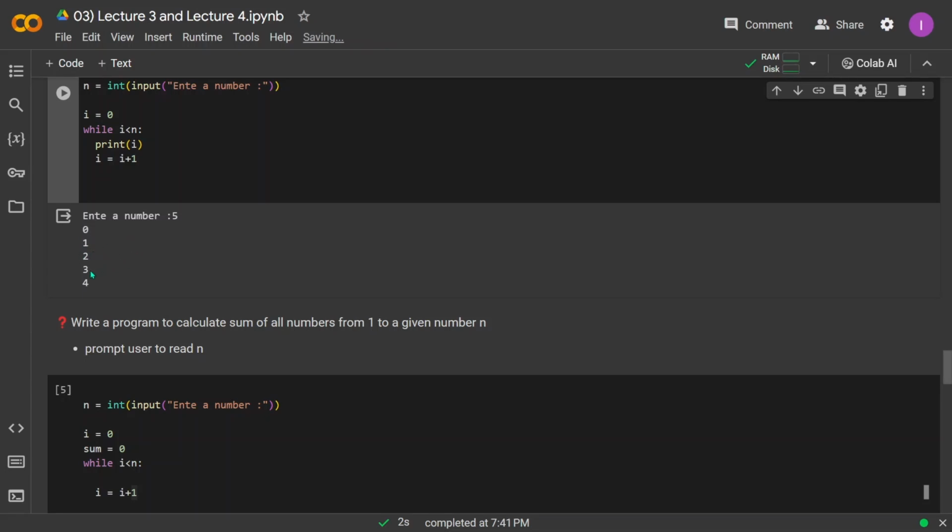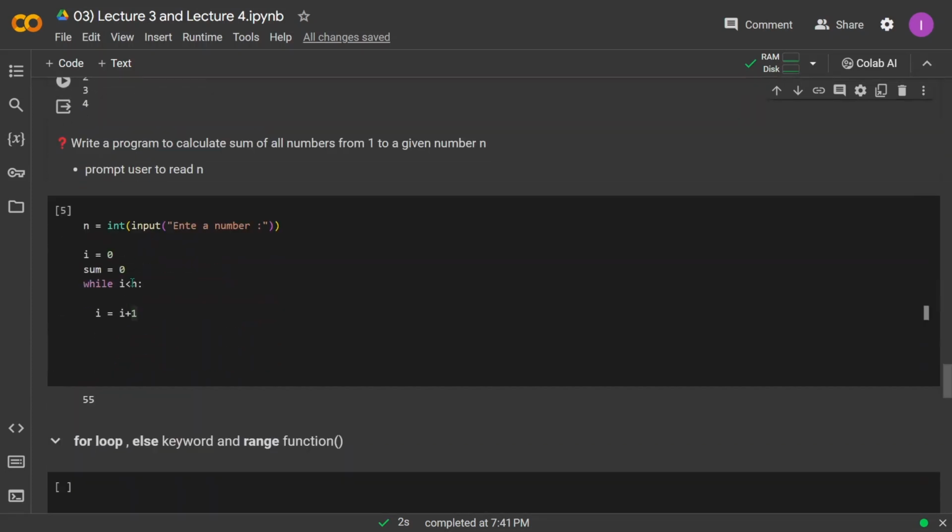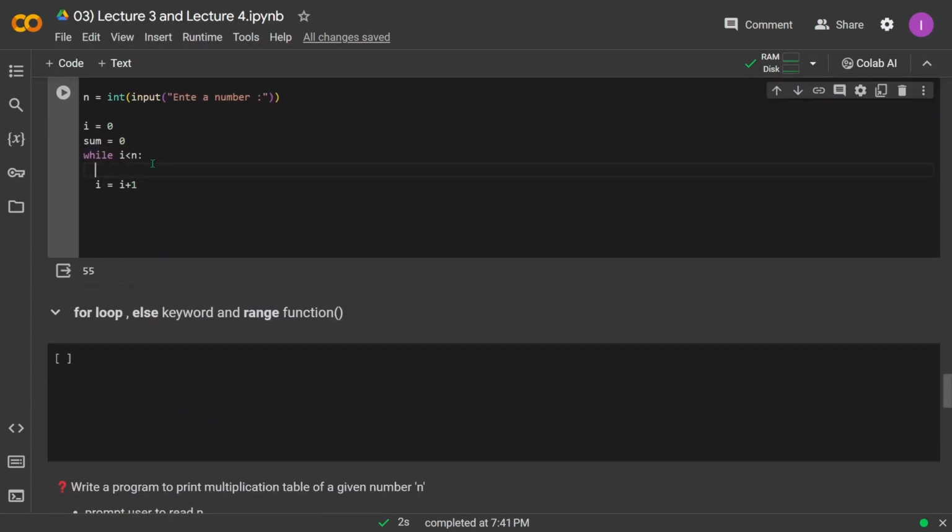Then if I move to the next iterator, we have 3. We have to add this to the current sum. Current sum is what? 3. 3 plus 3 is 6. Again, if we move on to the next iterator 4, what was the previous sum? Previous sum was 6. 6 plus 4 is what? 10. So instead of printing the numbers, we will just add that number to the